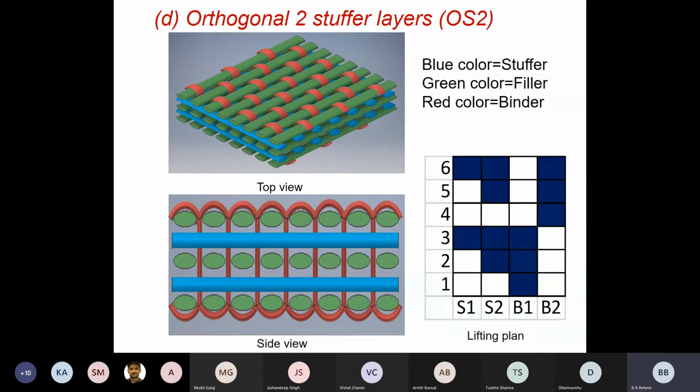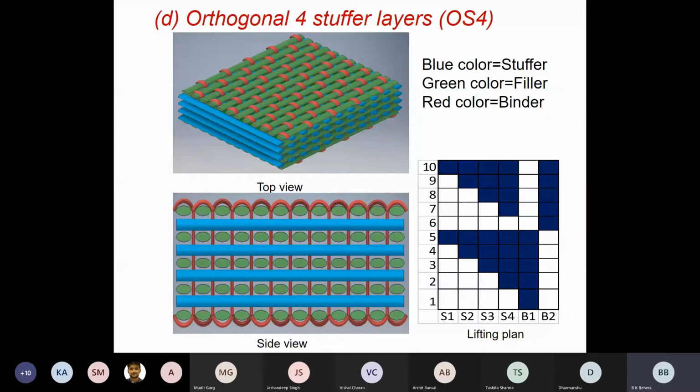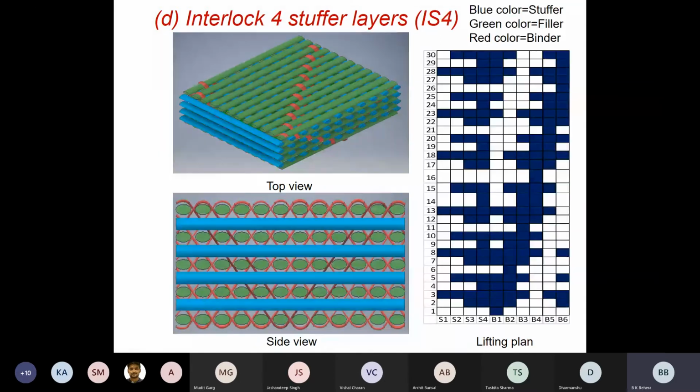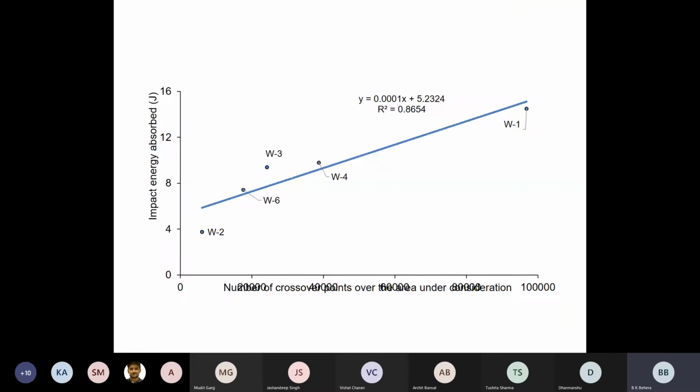One of the objectives of producing these 3D fabrics, let's say 3D orthogonal, with varying numbers of interlacements per unit area is to control or manage their impact energy absorption. What does it mean? Just see, this is another fabric of different interlacement per unit area. This is another fabric. So I have so many designs to give you. The whole idea is I want to produce this fabric with a different number of interlacements per unit area. Change the design, and I can have a different number of interlacements per unit area in this fabric.